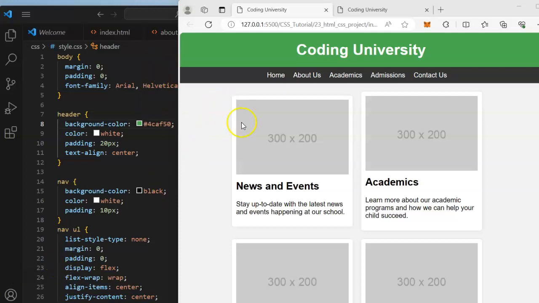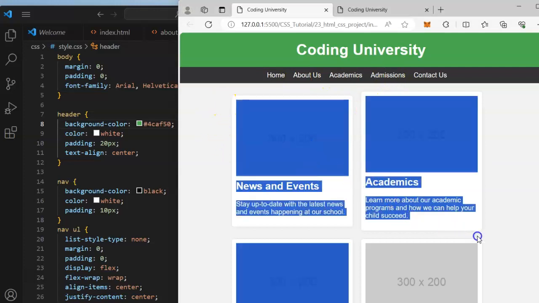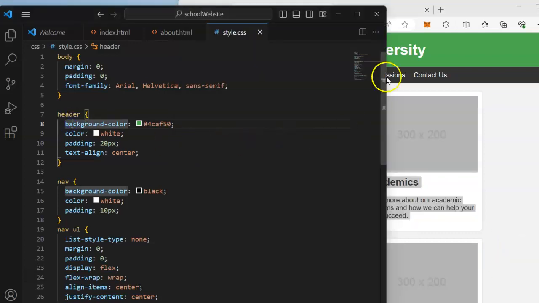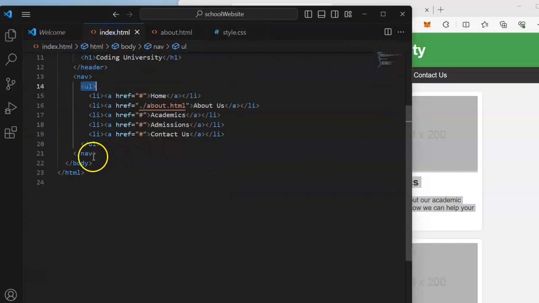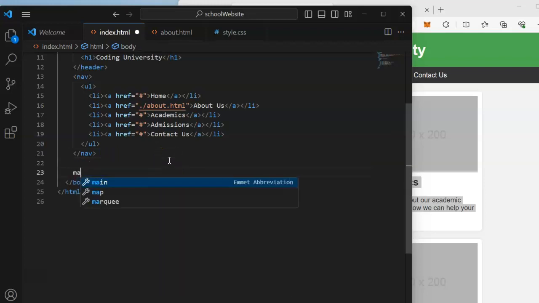Now moving forward, we are done with our header, we are done with the navigation bar. Now let's move to the main page. So we will come back to our code and we come to the home page. After the navigation bar, you define a main tag, and for each of the boxes, you can